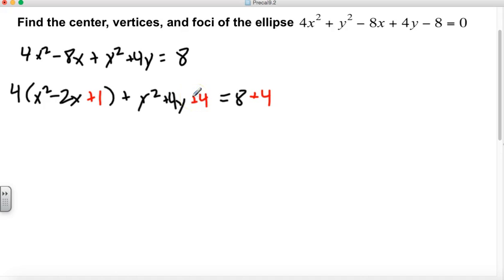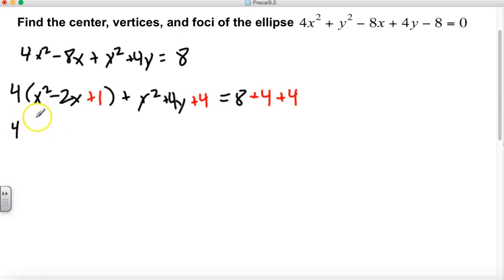So we're going to add 4. And this time we really are adding 4 because there wasn't a GCF that was factored out right here. So there's nothing to distribute back. So we really did add 4, so we need to add 4 to this side. Alright, so there we go. Now let's go ahead and